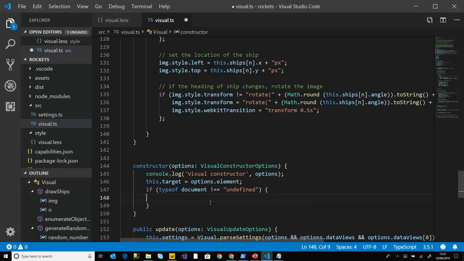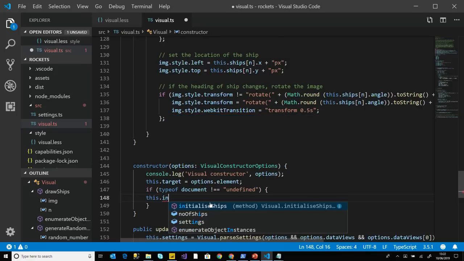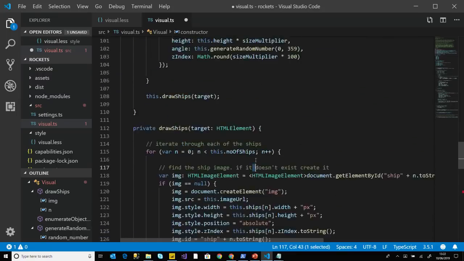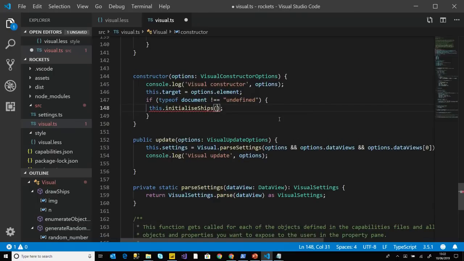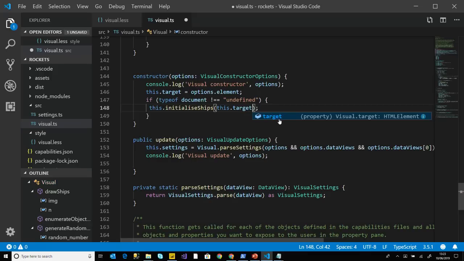And that's it. So we've configured all of our 15 space rockets, and we've drawn them onto the visual. We just need to do one last thing, and that's to call our initialize ships function. Oh yeah, I just need to pass in this.target. So we're passing in the base HTML element that we're going to draw all of the ships on